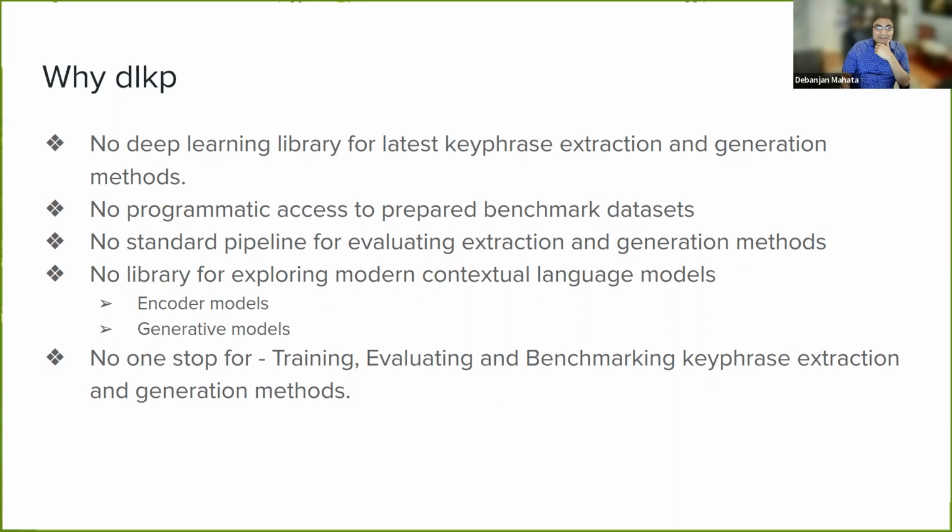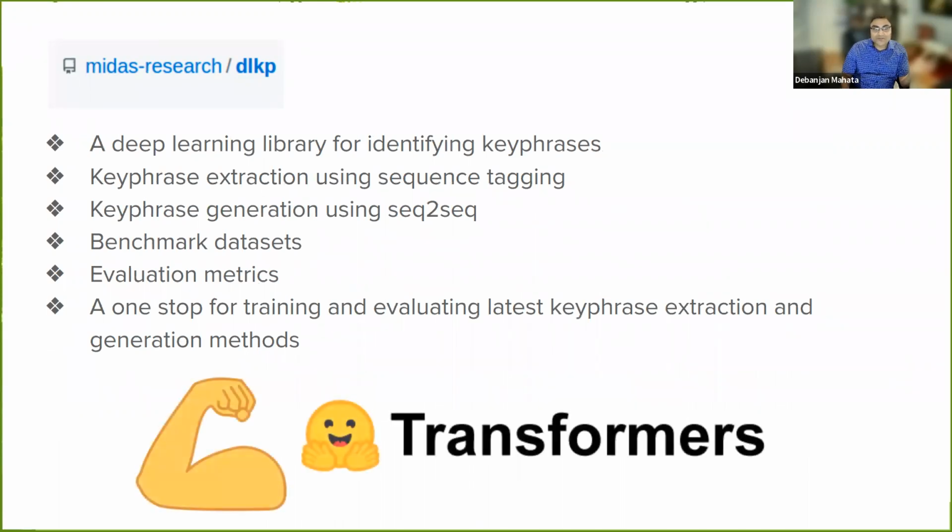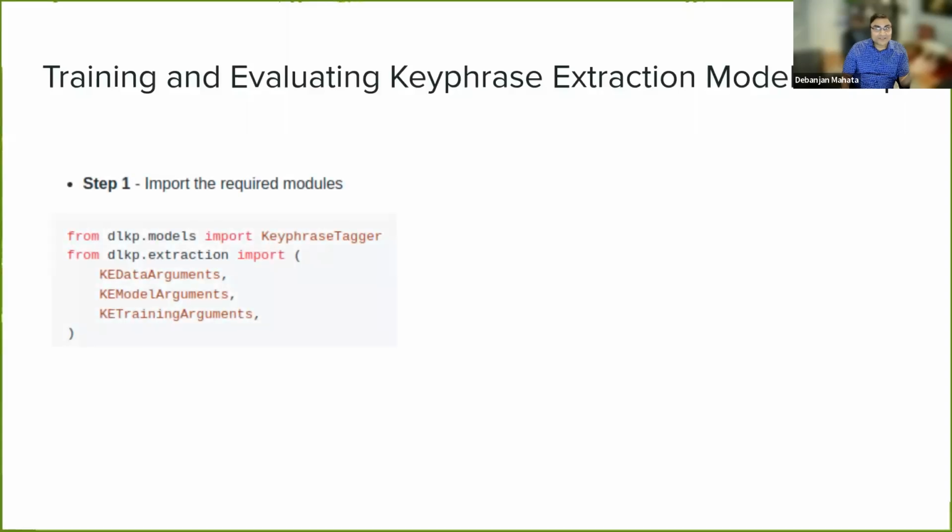So that's the main aim, to fill that gap and develop a new library, which helps you to try out all these extraction and generation methods and readily access the benchmark datasets and evaluation metrics. It is based on top of transformers, and